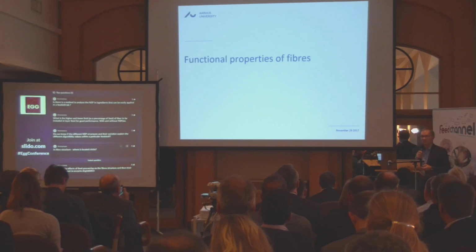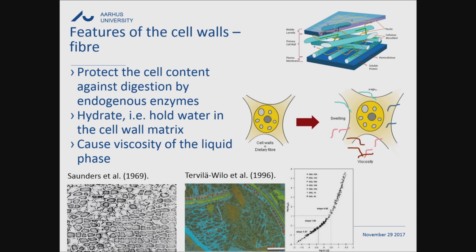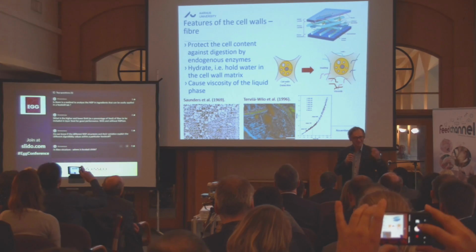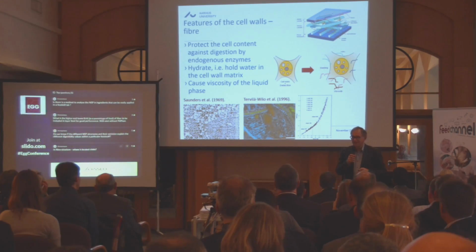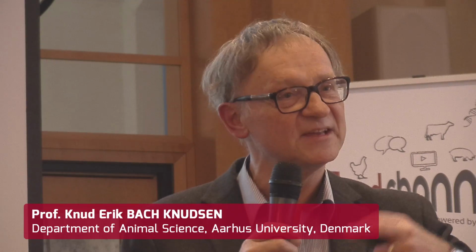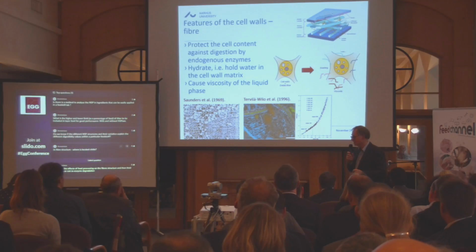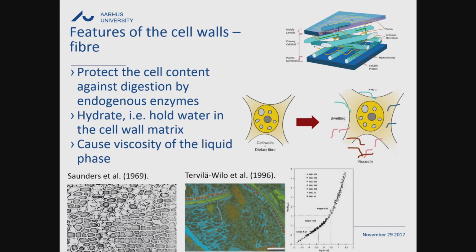Now to maybe what is most important. This was a little tough, a little tough chemistry and so on. But when we come to the physical properties, why are we interested in that? We are first and foremost interested in some of the chemical structures and also how they are organized within the different cell wall materials, because it can give us a clue on how the different types of feedstuffs behave when they are passing along the length of the gastrointestinal tract. And here I have tried to summarize some of the features.